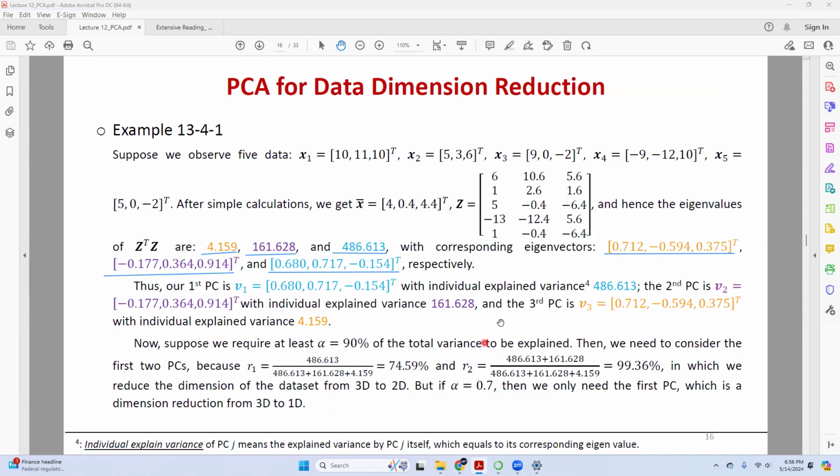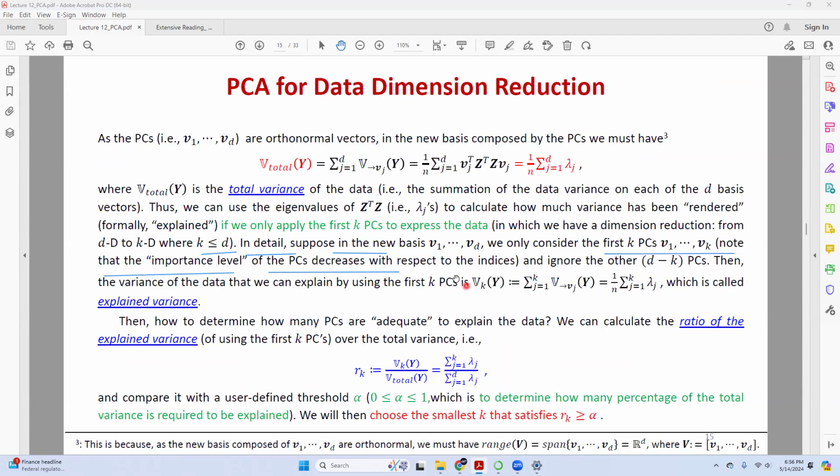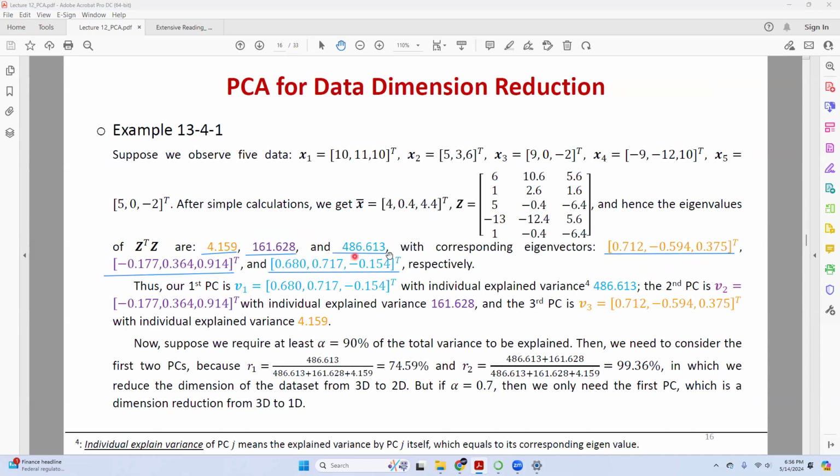And hence here, 468 is the biggest eigenvalue. The corresponding eigenvector is this one, and hence I take this eigenvector to be V1, my first principal component.